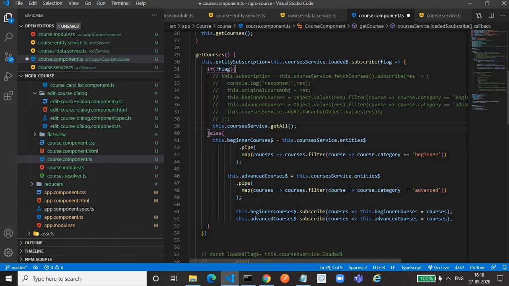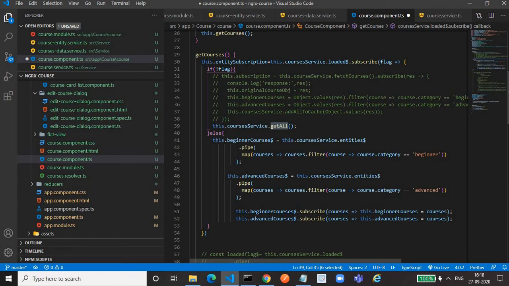So here what we are doing, this.entity courses entity service.getAll. getAll is a method in the entity service which does two things. First, it will call the API to fetch the data from the database, and second, once it gets the data from the database, it will update the store.